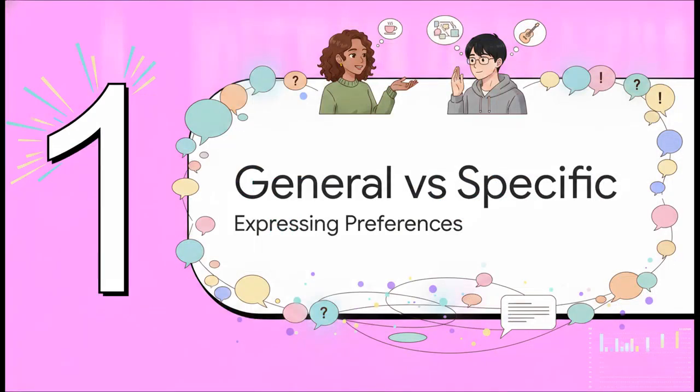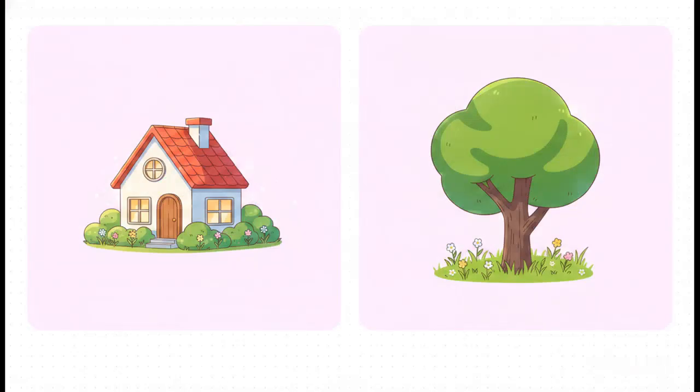General versus specific preferences. Let's kick things off with the verb prefer when we're just talking about our general everyday lives. You might say, I prefer to live in the country, or you could say, I prefer living in the country. Now, you might be wondering which one is actually better. Well, the great news is that both of these are perfectly correct. There is literally zero difference in meaning.